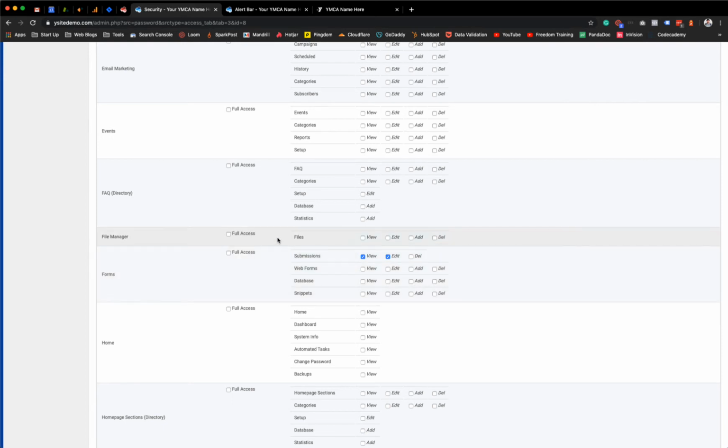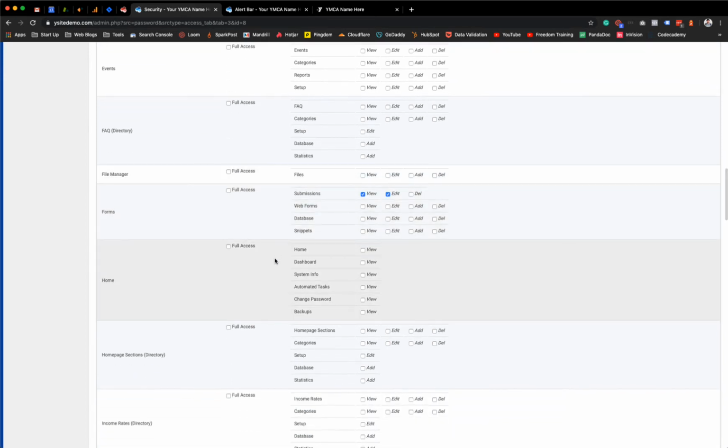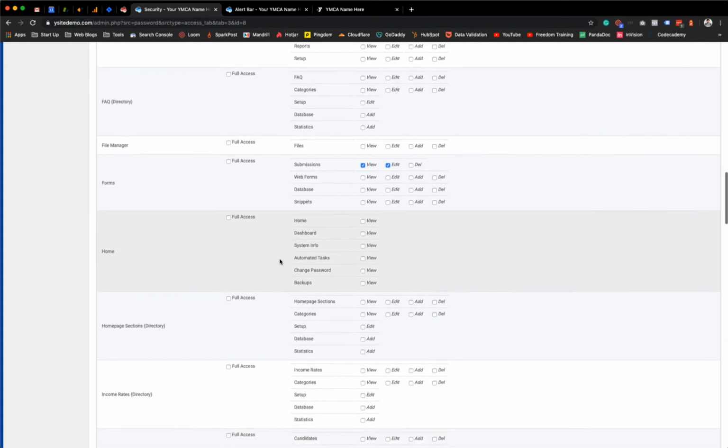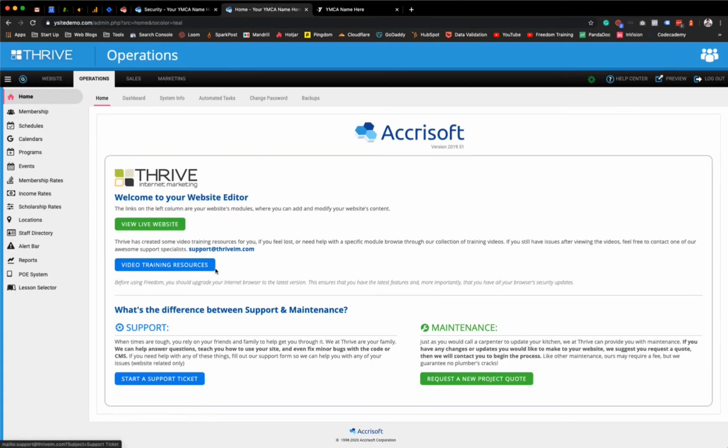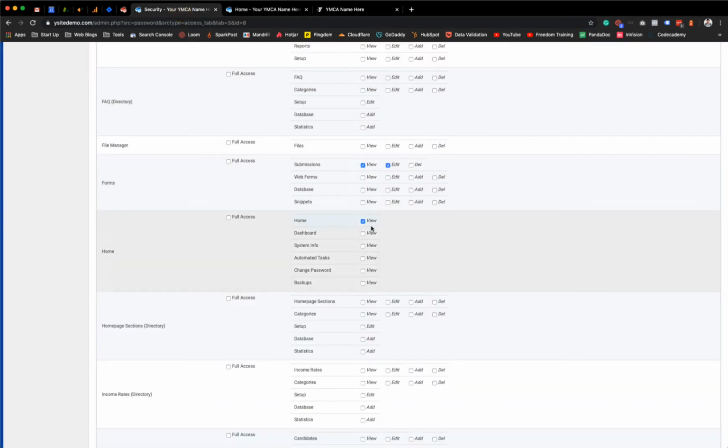And then the last thing that you may also just want to by default always give people access to are some simple things like giving them access to the home where they can get any video training resources or support links or anything like that. That way they can get those resources, as well as changing passwords. They'll probably need to change a password at some point, so giving that access to them is good as well. All right, so